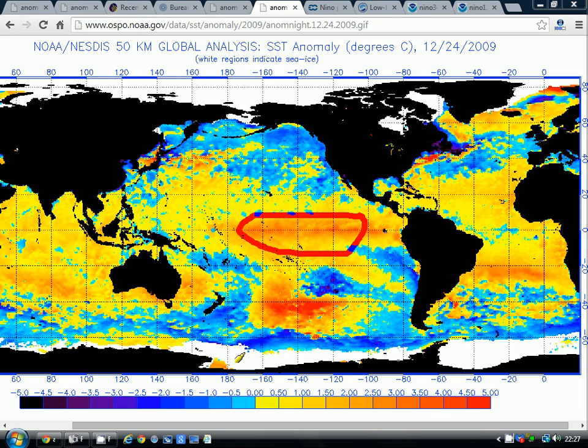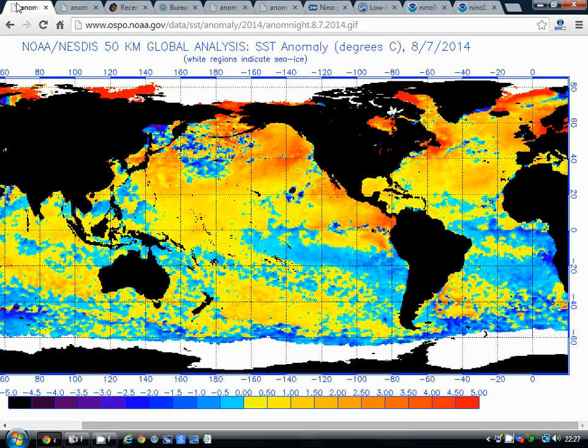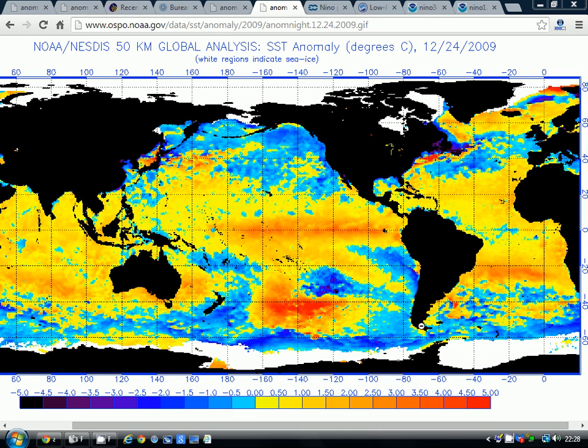I think we're going to struggle to get that strong with this El Niño, to be honest, because again, going back to this cold water, it's much more extensive here, although it is weakening off the Chilean coast and going up to the central part of the Pacific. It's much more extensive than it was in 2009. Notice that by the time we get through to Christmas Eve 2009, we're beginning to see the cold waters coming back down towards the Chilean coast,